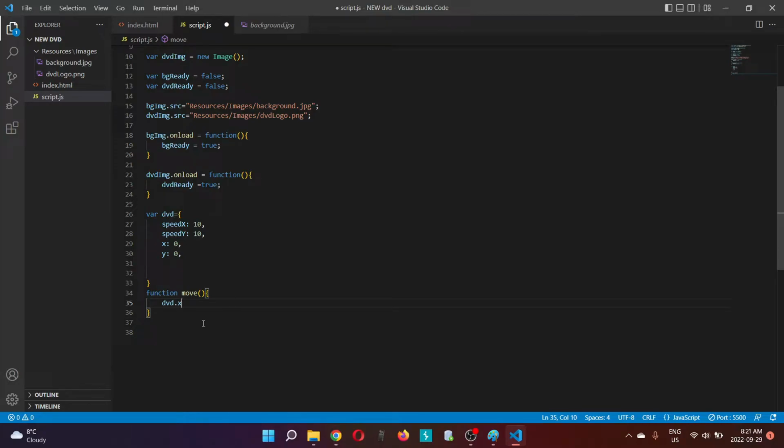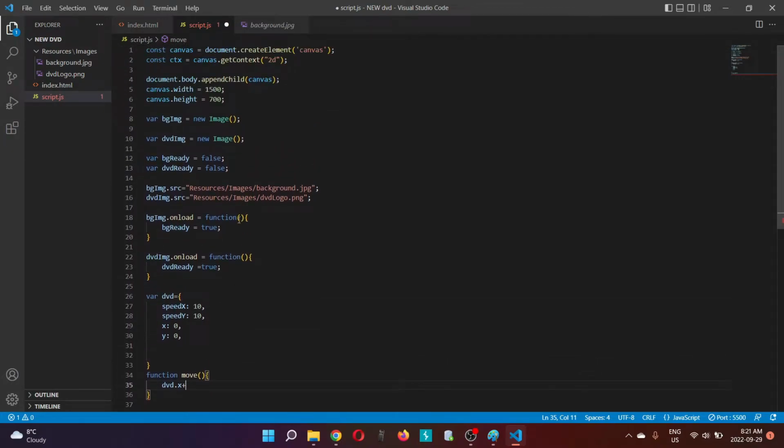Let's try to move it diagonally down, the same way as this DVD. It won't show up right now because we haven't rendered the whole thing, but I'm just going to do it anyway. So what we can do is dvd.x plus, what was our,